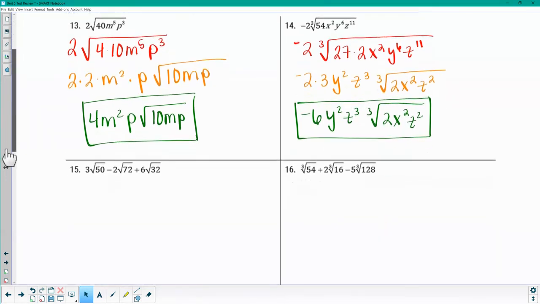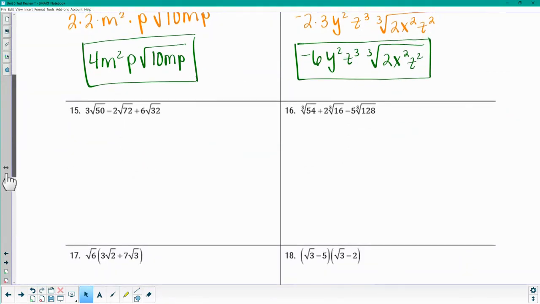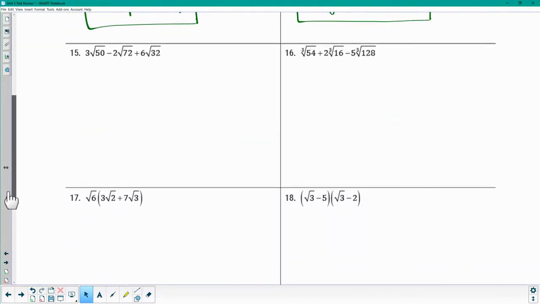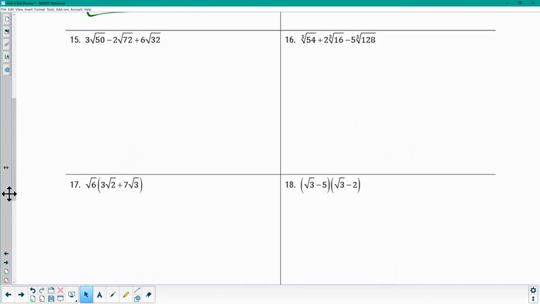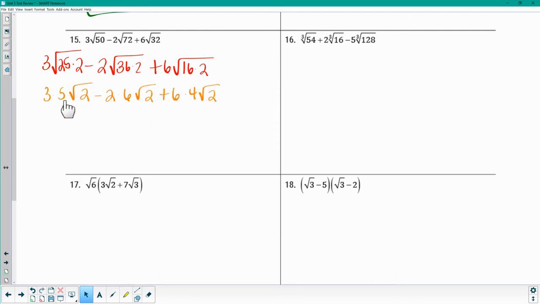Now, for these remaining problems, this is where I mean you should not have any decimal answers. We are looking for simplified radical form. So, first thing I'm going to go through and do is simplify all of these radicals. So, I know that I can rewrite 50 as 25 times 2, 72 as 36 times 2, and 32 as 16 times 2. The reason why I like to do that is because a 5 is going to come out,